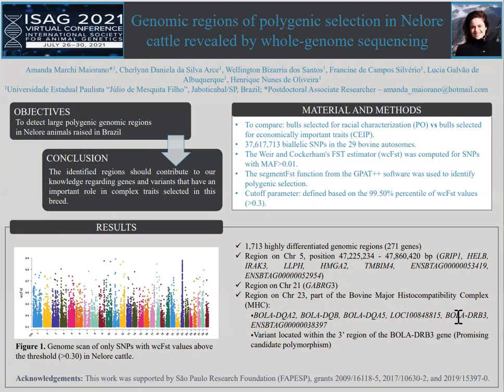many genes. We highlighted here a variant located within the region of the BOLA-DRB3 gene because this variant presented the highest FST value within this region, and is close to a QTL reported in cattle. This SNP is higher in allele frequency for the PO subpopulation, so it means it is being selected in this